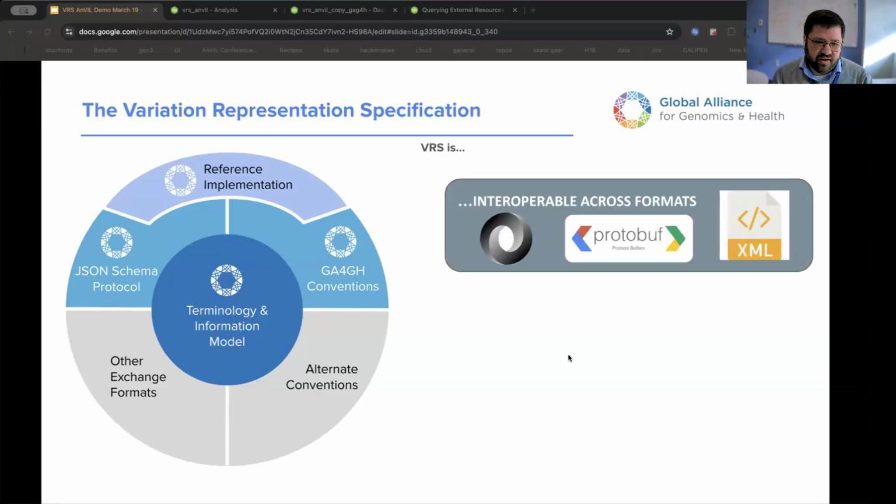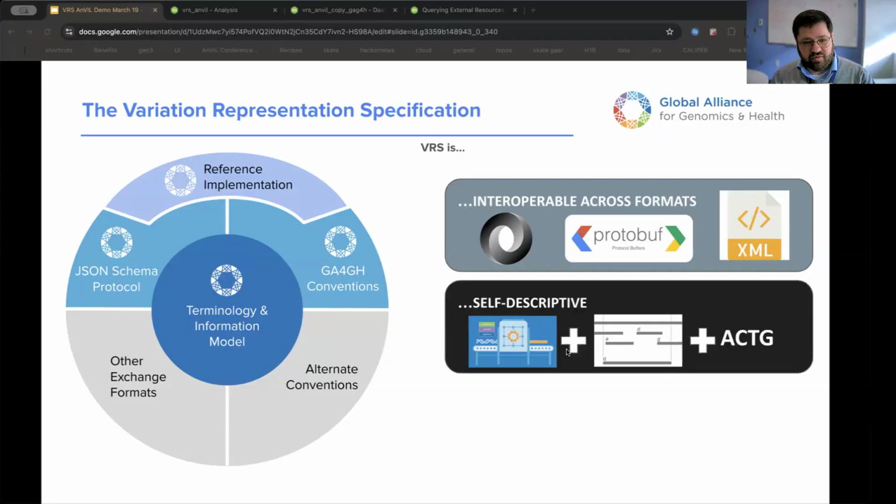And then from there, we built around it a JSON schema protocol and some conventions. But that same terminology and information model can be used in other exchange formats and with other conventions. But then on top of those standardized ones we used in GA4GH, we built a reference implementation. Now, over on the right side of the screen, what this allows us to achieve are some really useful characteristics